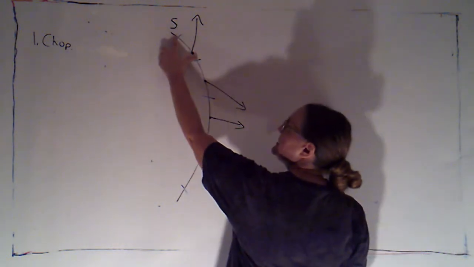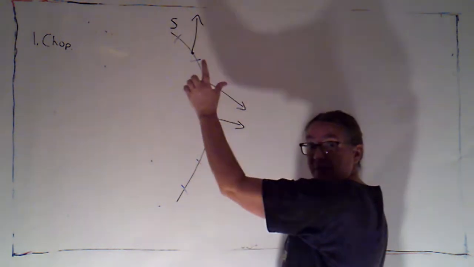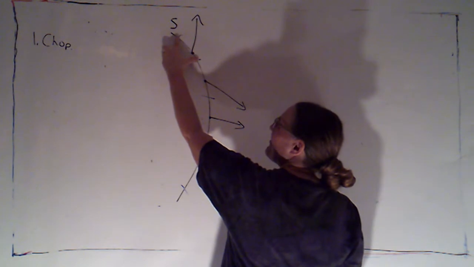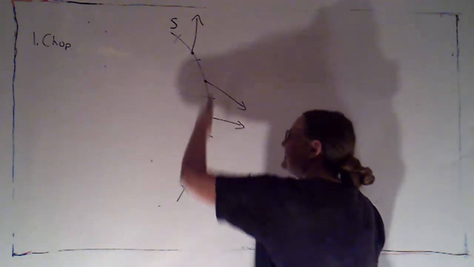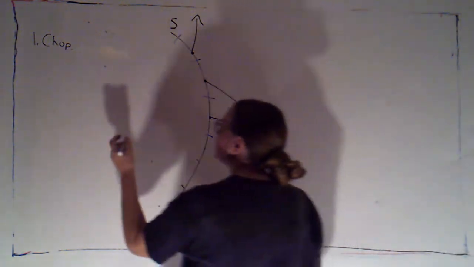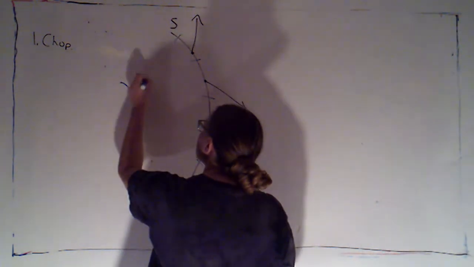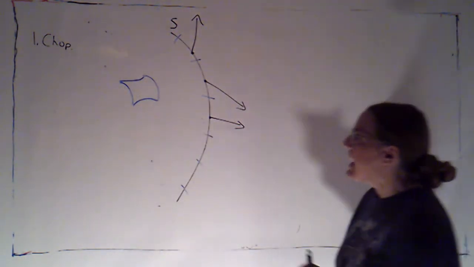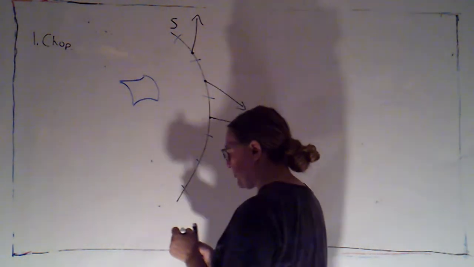So each of these little pieces here, I need to remember that actually represents a little patch of surface. I just sort of looked at a cross-section of things here, okay? But realistically, I would have little patches of surface like so, okay? And so when I'm ready to approximate